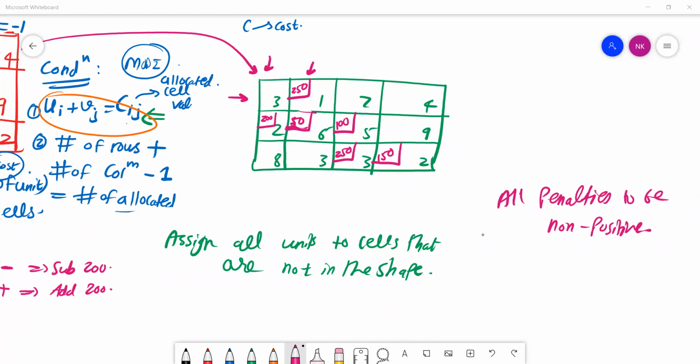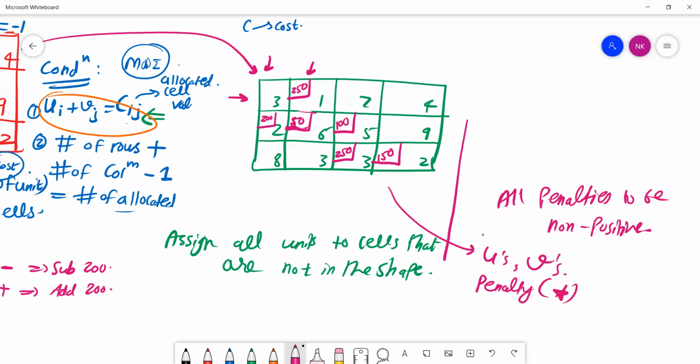We would be continuing this same thing in the next lecture, with the same process that we did till this point. Over here, we will again find the U's and V's. Then we will find the penalty that we have represented as the star. From the star, we are going to find the shape. And then from the shape, we are going to reallocate. So this is the flow that we are going to follow. Is this clear? Why the process is not an issue right now, but what the process is.